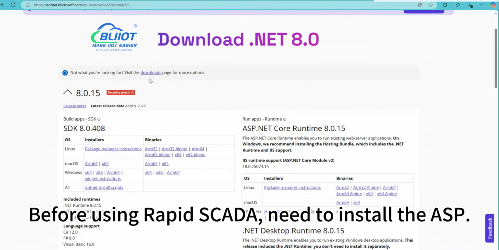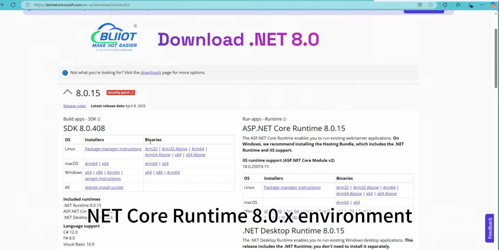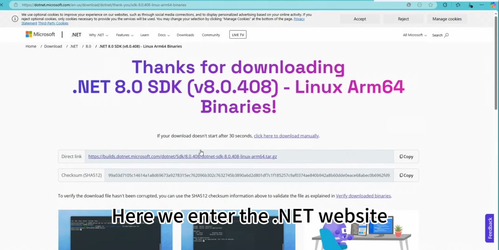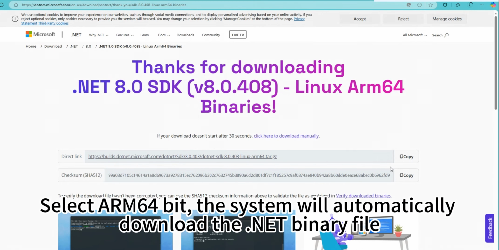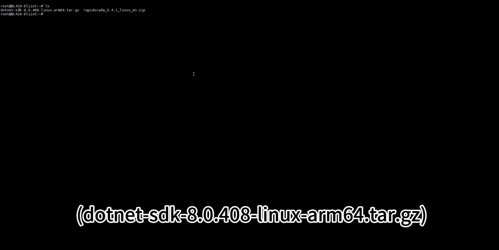Before using Rapid SCADA, you need to install the ASP.NET Core Runtime 8.0.x environment. Here we enter the .NET website. Select ARM 64-bit. The system will automatically download the .NET binary file. Use a USB flash drive to copy the downloaded .NET